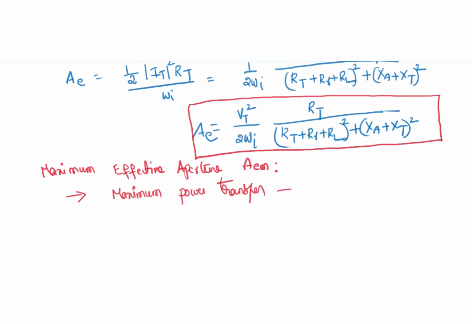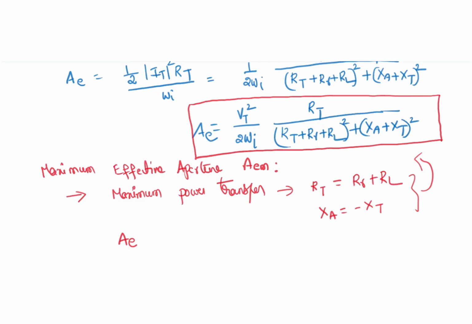For maximum power transfer, we already know the load and source impedances must be matched. That is, the first point is RT, the load resistance, equals RR plus RL; the real impedances of the load and source must be the same. And the reactances must be equal and out of phase. So if you substitute these two